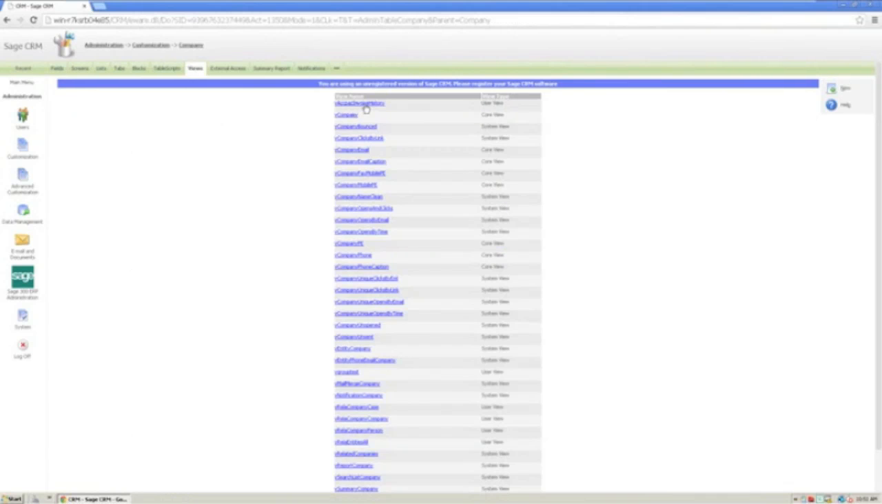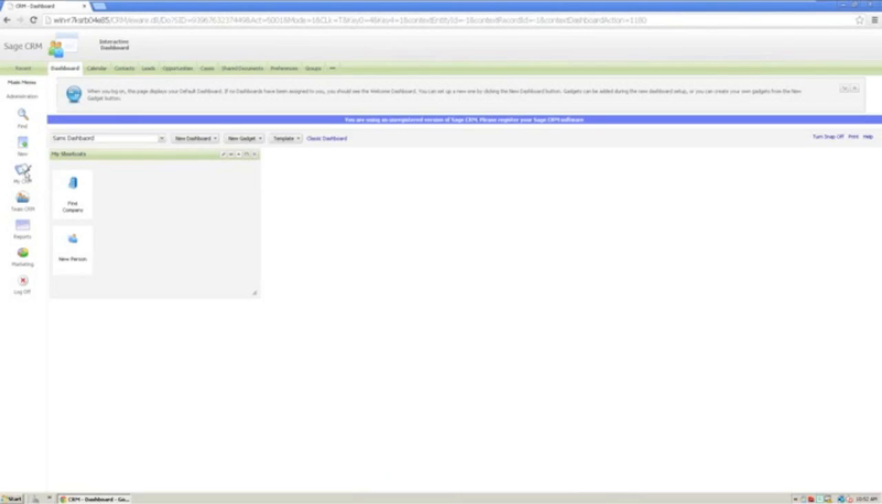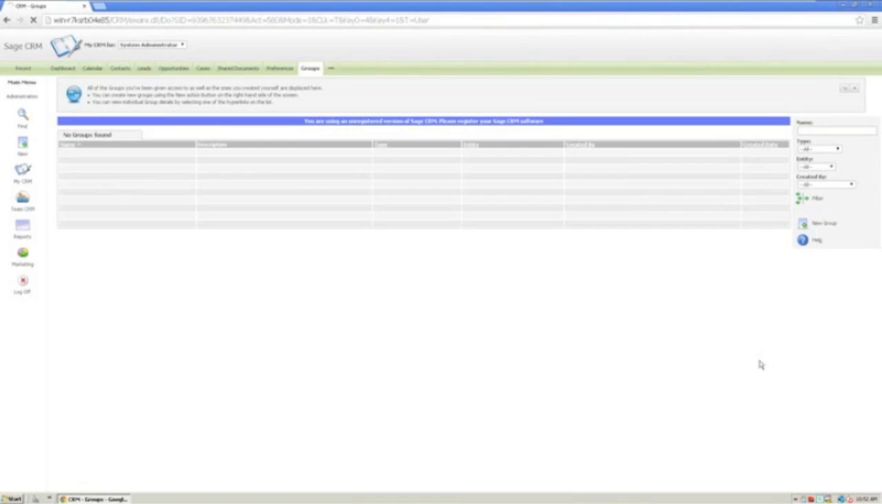I created a simple view here which is called ACPAC Invoice History. So this will go away and look at Sage ERP invoice history data and return that information in a view that I can then use inside my CRM system. If I use this view in creating a group, so if I click My CRM, Groups, New Group,